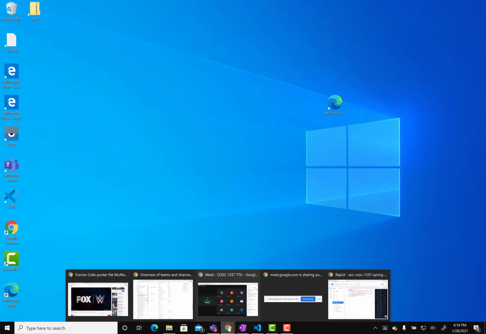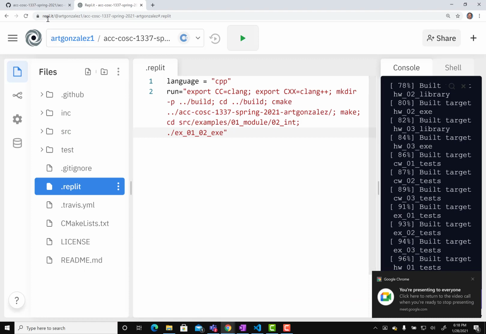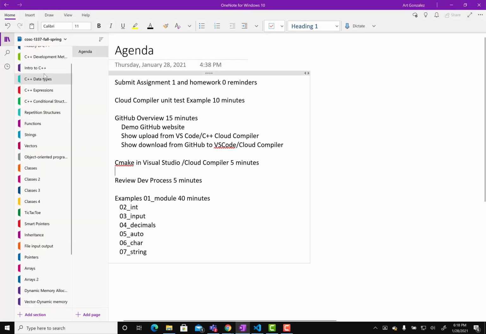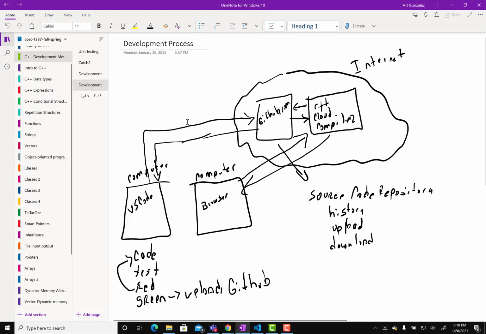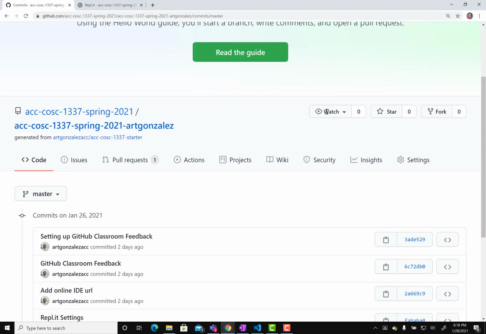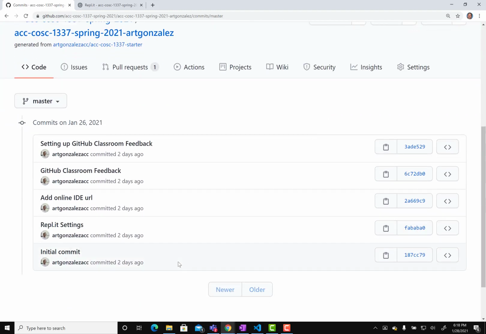Okay. So I'm going back to GitHub. Our code is here, but then we have a copy of code here. And this keeps a history or breadcrumbs of how our code changes over time. If you look at this right here, 5 commits. If I click on 5 commits, it shows me a list of commits that I've made since I